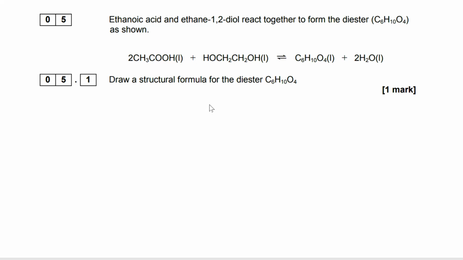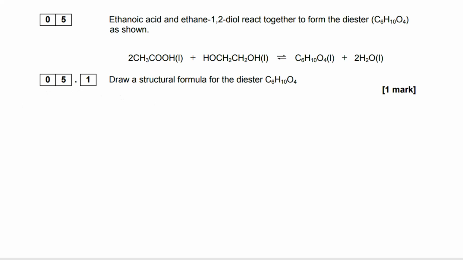So this is where we have an example of application, because obviously we learn about condensation polymers and polyesters, and for a polyester you would need a diol and a dioic acid, and that would give you the polymer chain. But here we haven't got that. We've got the diol, but we've got a single carboxylic acid. We've got ethanoic acid. So what we're making here is not a polyester, but a diester. And from that, what we can presume is that we're going to end up with two ester linkages within our